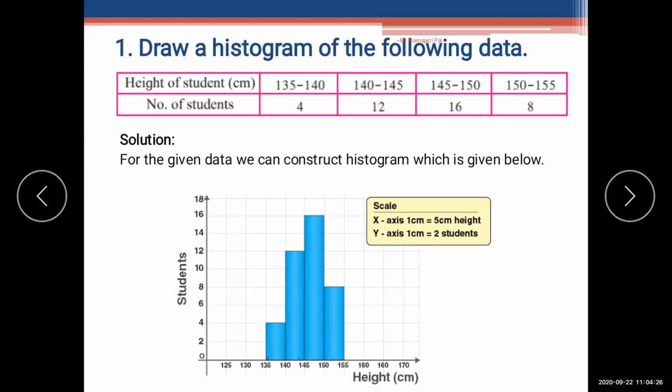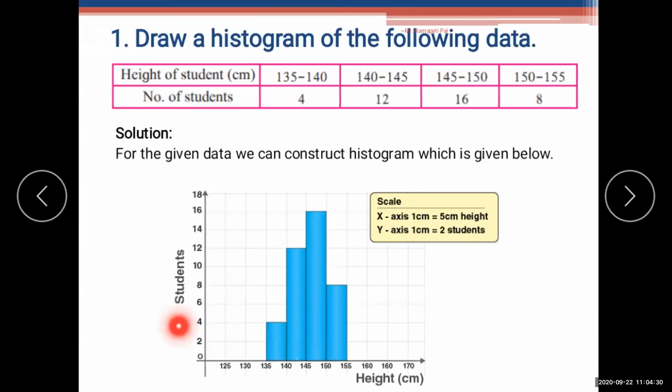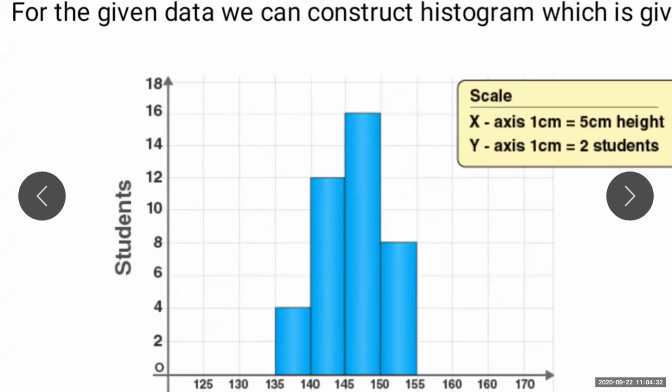Correct? From 135 to 140. But here, if you look properly, 125, 130, 135, 140, 145, 150 and 155. Correct? So 135 is there, so in between them a crink mark should be